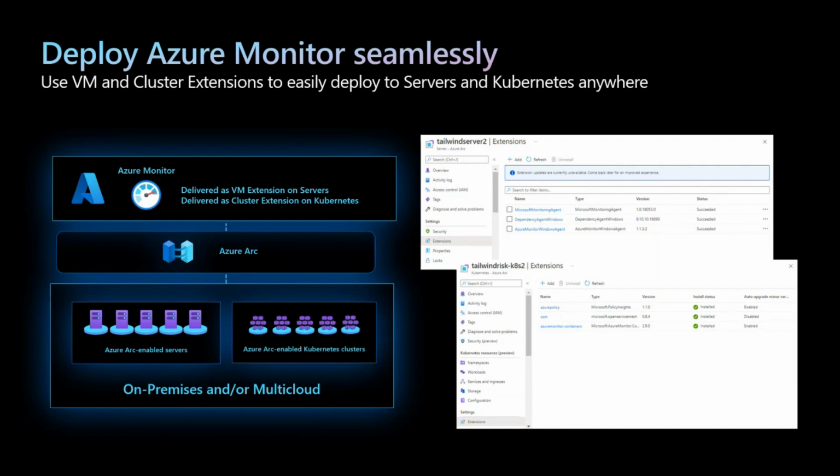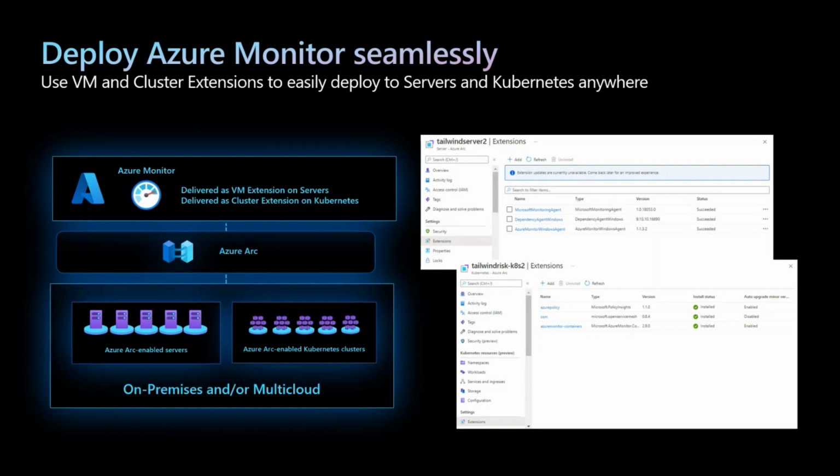You can see over here on the screenshot, there is this Microsoft Monitoring Agent, which might be the Azure Monitoring Agent, the newer version of it, that can be deployed. And you'll get all the insights, whether it's machine insights, if you're talking about the server, or if you talk about the Kubernetes cluster, you can get all the logs and performance metrics for that particular Kubernetes cluster that is running outside Azure.